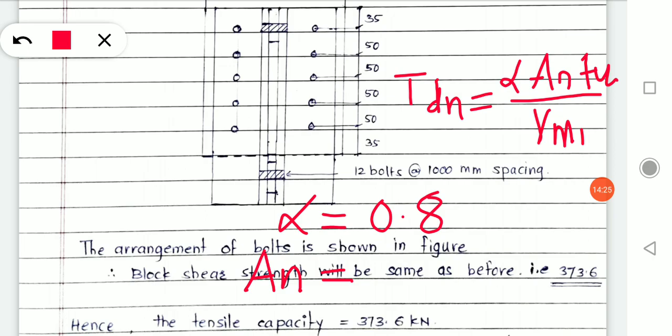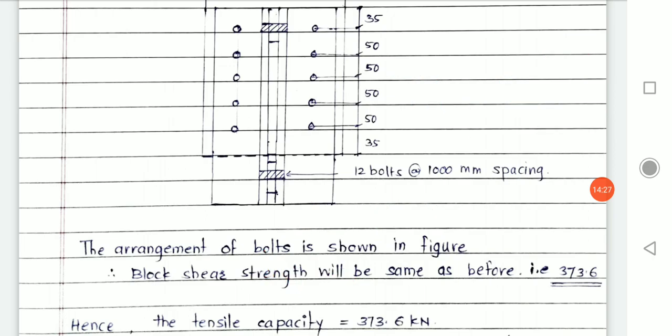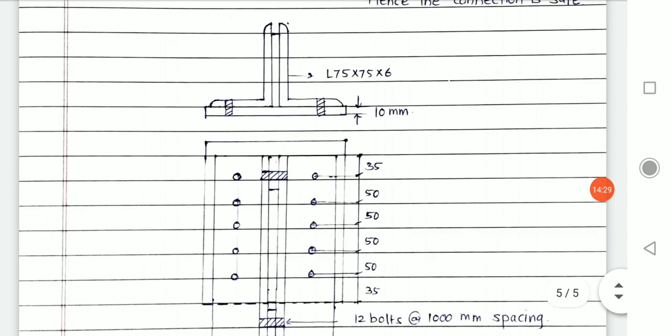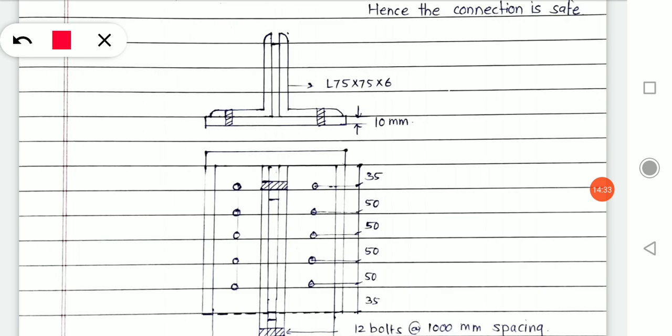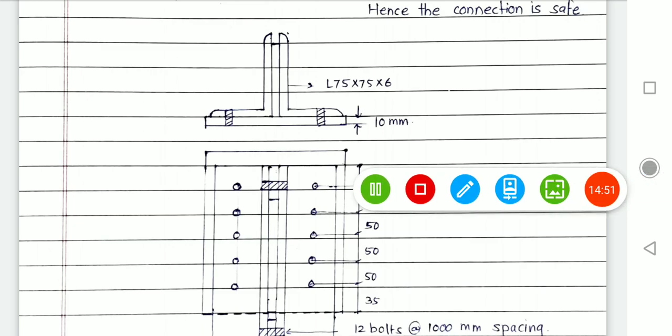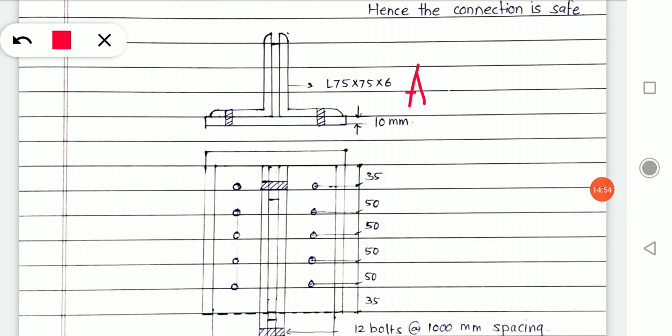If you see the cross section, the only change is that the bolts were on this side, and got changed to this side. Will it make any change in the net area? Of course not, because the dia of the bolt remains the same. The angles are of equal length, that's why no change in net area. If you want, I can calculate for you.